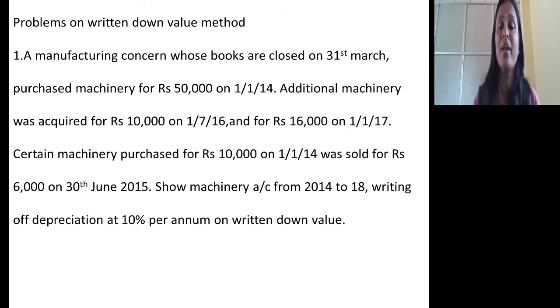That's very important. As for the asset purchased on 1/7/2016, we are not selling it, so I am taking it as it is. Again on 1/1/2017 we purchased one more asset, and again we are not selling it. One more important thing: if you sell an asset fully, no problem at all. But if you are selling only part of an asset purchased initially, you make the bifurcation at the beginning itself, and start calculating depreciation separately for the part which will be sold and the part which will stay with you. That is a very important thing to note.